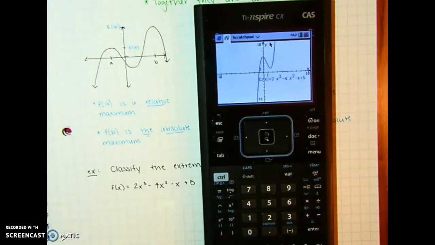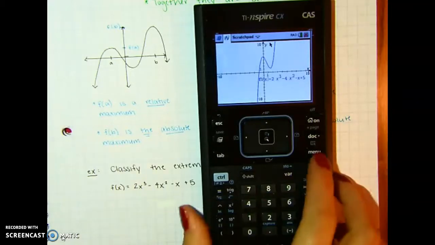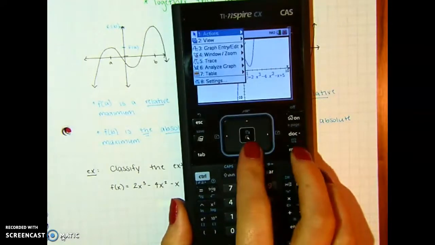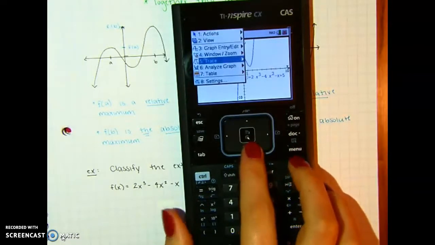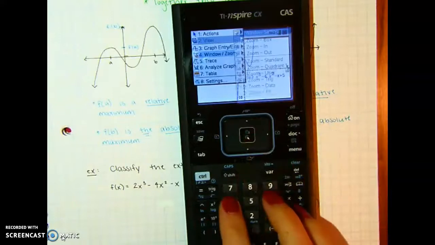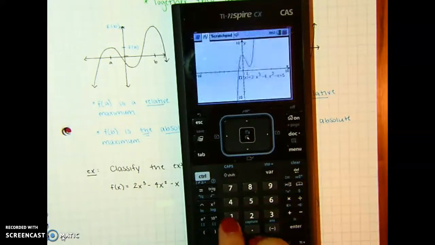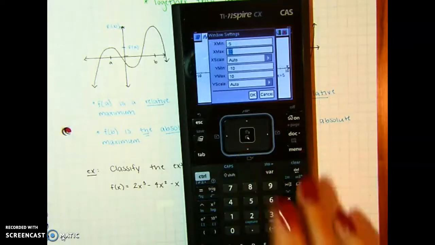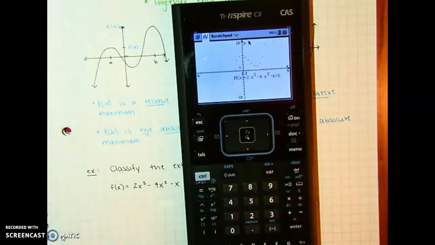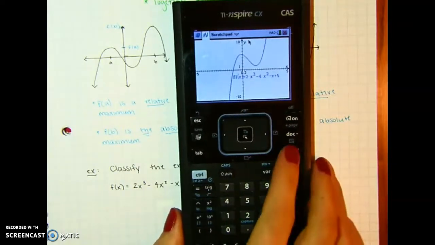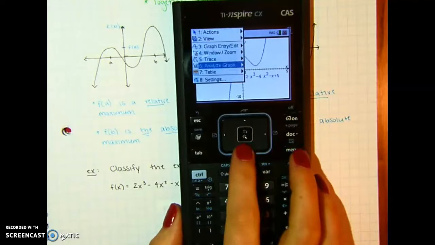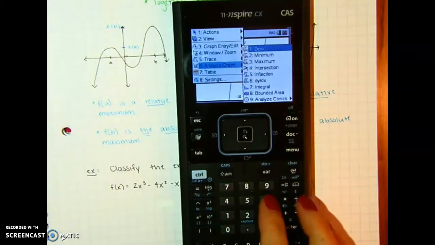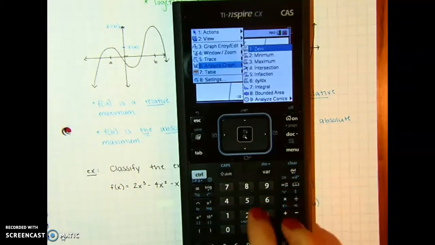There's my graph. I could change the window if I want, like I did earlier. Press menu, go down to 4 Windows settings, so 1, and then what did we say? -5 could be our x min and max. And then there I go. So now we're going to press menu again, and we're going to go down to analyze graph, so 6, and same idea. So for minimum,